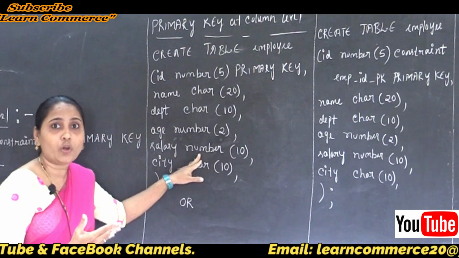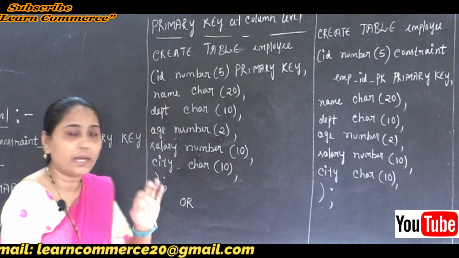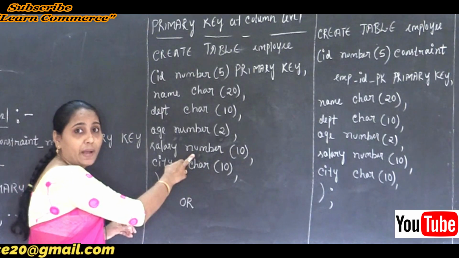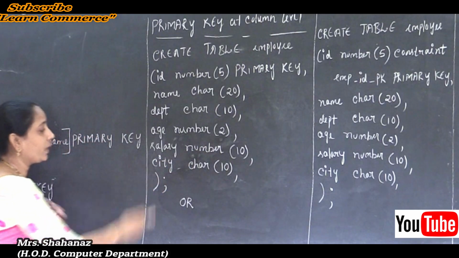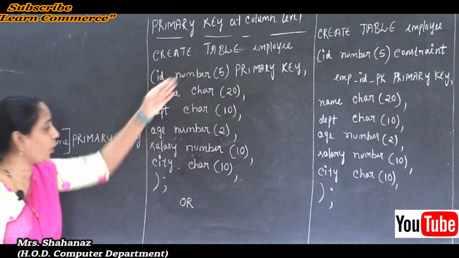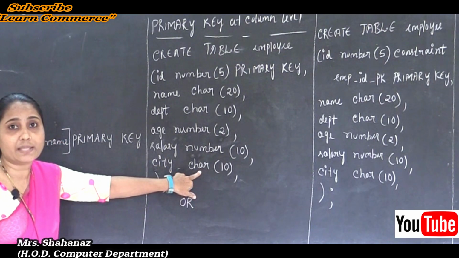And in case you want to make some fractional, maybe 40,000.00, at that time we need to use the data type as the decimal. Clear this point here? So the decimal, and next, the next column name of the employee table, that is the city, and it also uses the data type as the char.